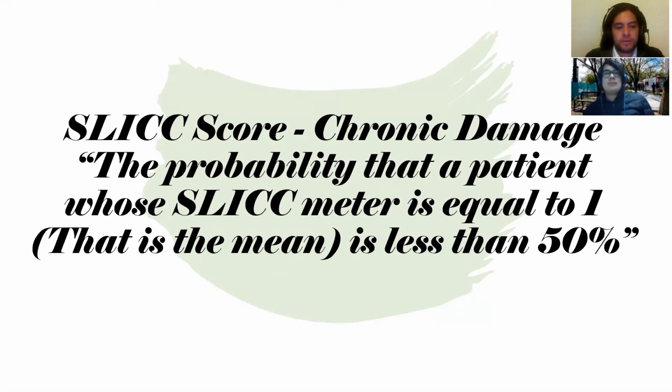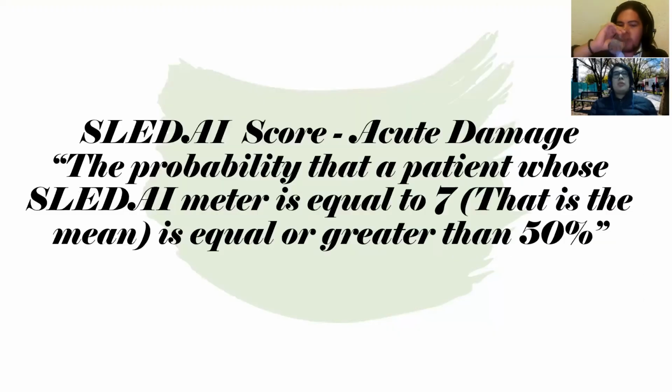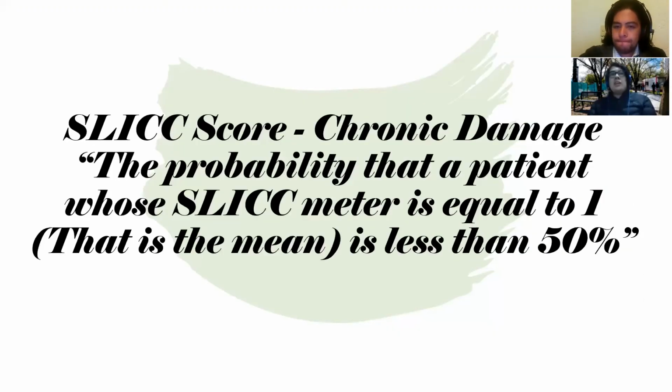Okay, as in the previous case with SLEDAI, now it is with the SLICC score that measures the chronic damage, and the sentence is: the probability that a patient whose SLICC median is equal to 1, that is the mean, is less than 50%. And we are focusing on this 50% because we want to determine if the distribution of the values is uniform. That is the reason we selected three important words in this part: equal or greater than, less than,